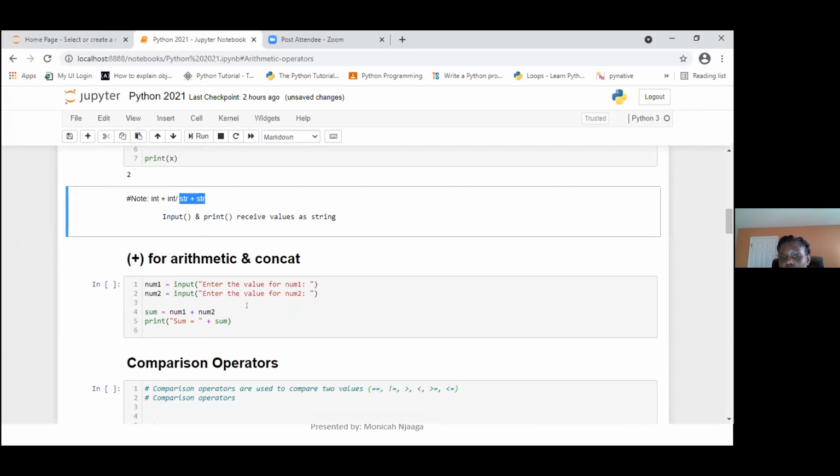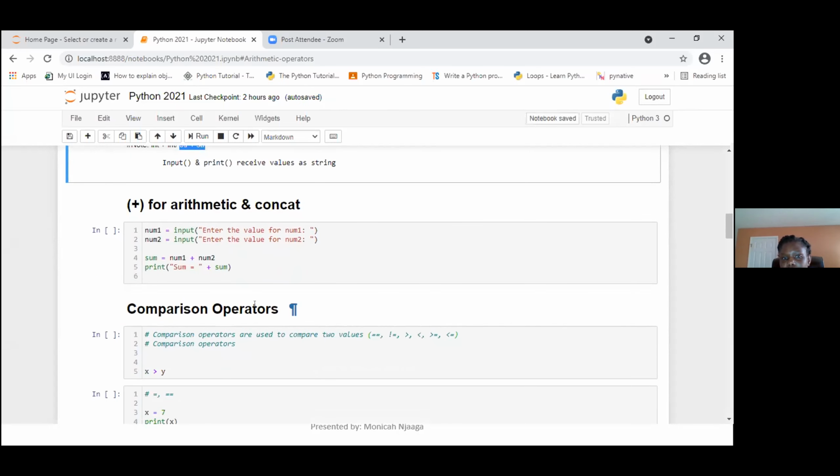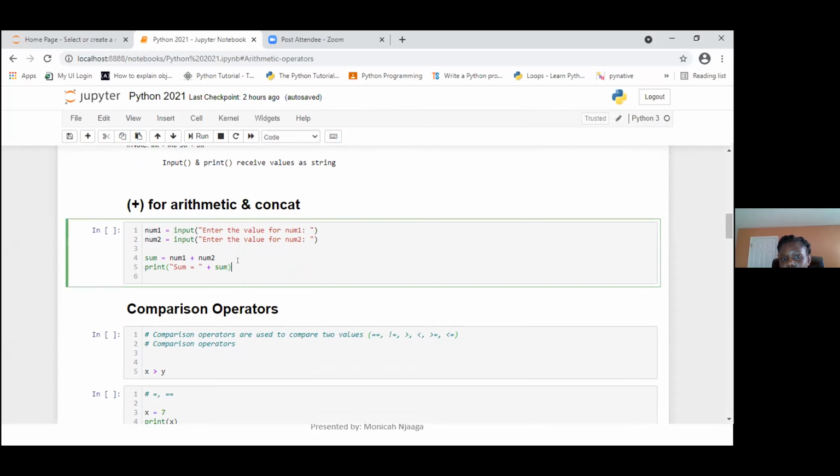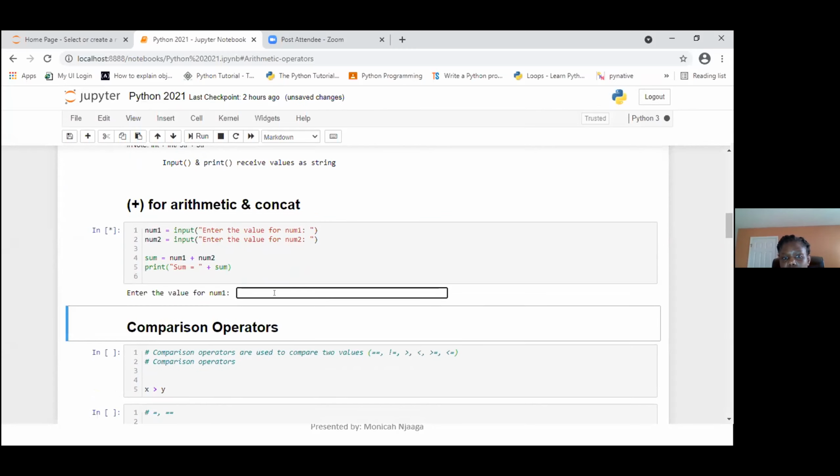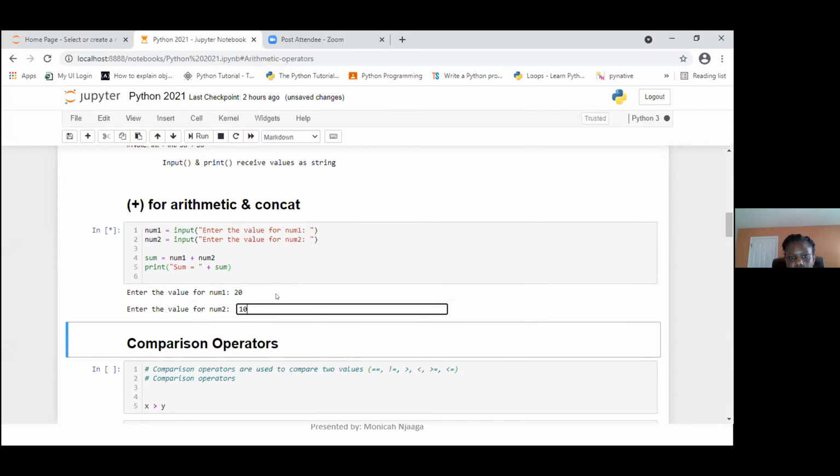So this is an example of a code that I have here. And I'm sure by now everybody has done the input function. So can anybody tell me what you think the answer to this will be? Actually, let me run it and then I'll give it a number. So my number 1 is 10 and number 2 is 20. If you look at what I'm doing here, I'm getting a sum of it. So sum equals number 1 plus number 2, right? Can somebody tell me what they think the answer to this will be?